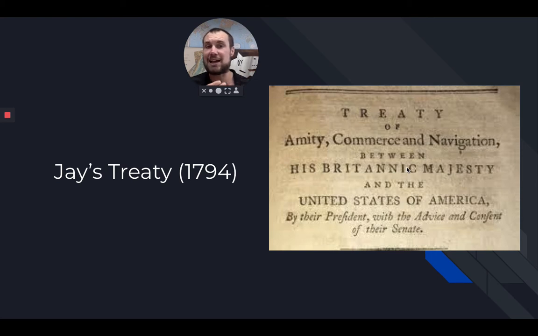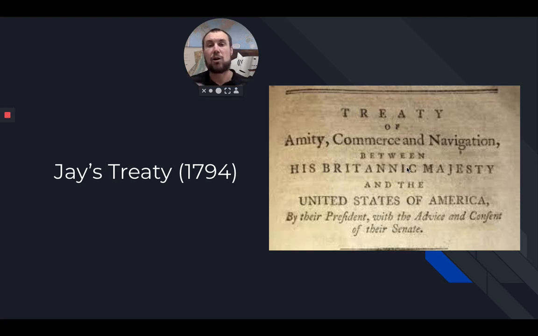And then the last thing is they make John Jay agree to pay back revolutionary debt to the British. Okay? Debt that was there before the American Revolution. We now have to pay that back. This is going to infuriate Thomas Jefferson and those Democratic Republicans. Not only are the northern businesses going to be refunded for all the damage to their ships from impressment, but now they're going to be taxed for a bunch of stuff that happened before the Revolutionary War,